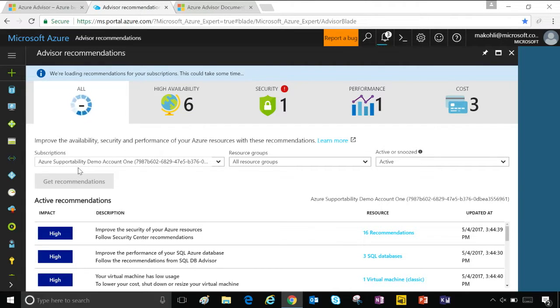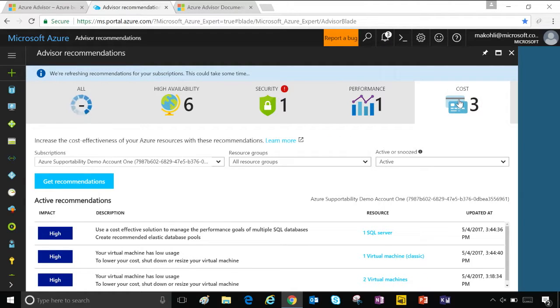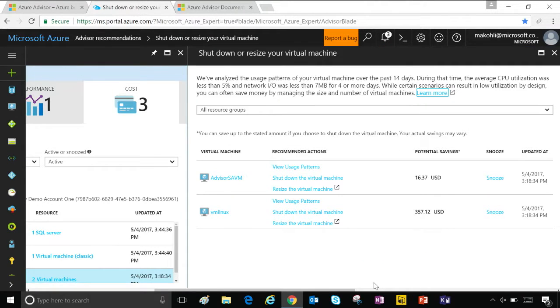The dashboard delivers recommendations in 4 categories. There's high availability, security, performance, and cost. So let's take a look at a cost optimization recommendation that can help reduce your virtual machine spend. Azure Advisor analyzes your virtual machine usage for 14 days, and if it identifies 4 or more days with low CPU and network utilization,